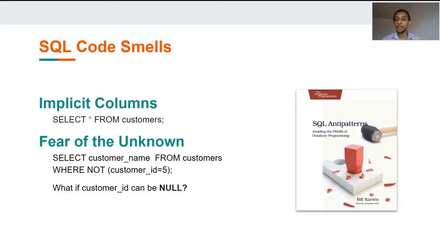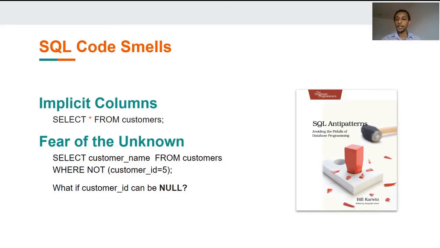The first type is the implicit columns smell, where we fail to mention the columns explicitly. So if we have, for example, a table with a large number of columns, and you are interested in a few columns, then it will unnecessarily query all columns, which could cause a performance problem. The other thing is if we restructure the columns as part of the database change, and if the front end is not aware of it, then it will also create a functional bug.